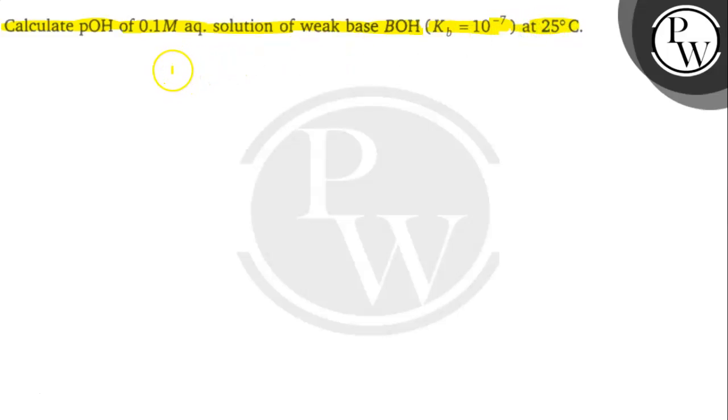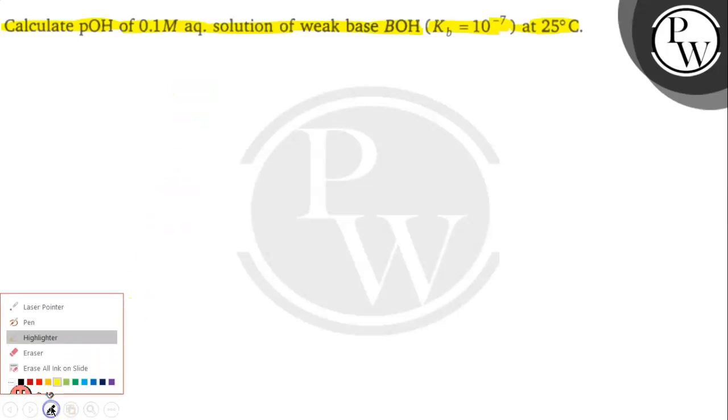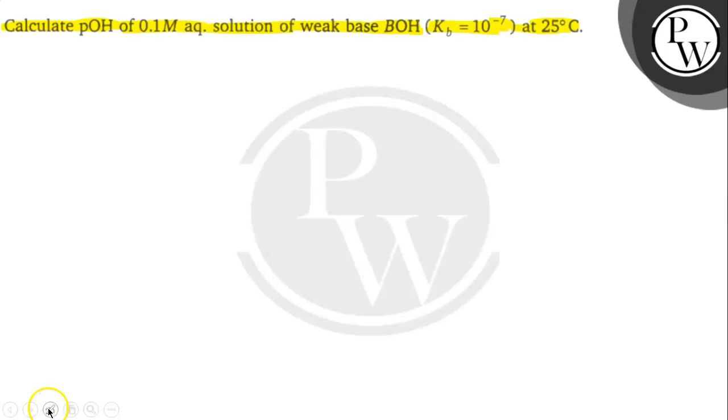So generally we have to find out the pOH of 0.1 molarity aqueous solution of a weak base BOH whose dissociation constant, or you can say Kb, is 10 to the power minus 7 at 25 degrees Celsius. So let's solve this question. First we'll write BOH, which is a weak base, so it dissociates into B plus and OH minus,